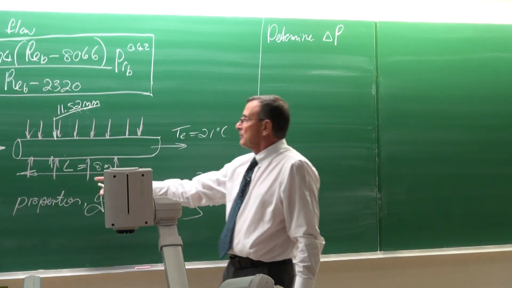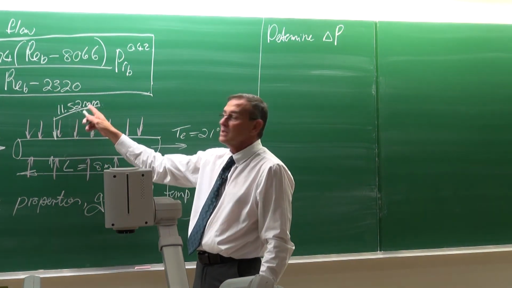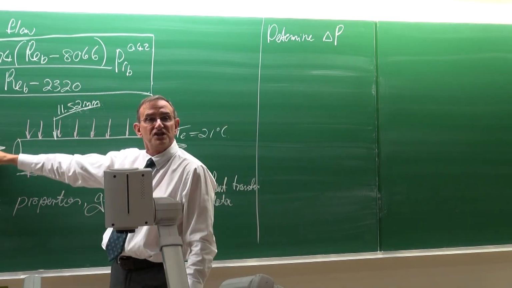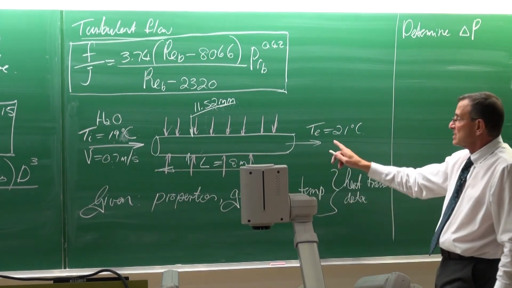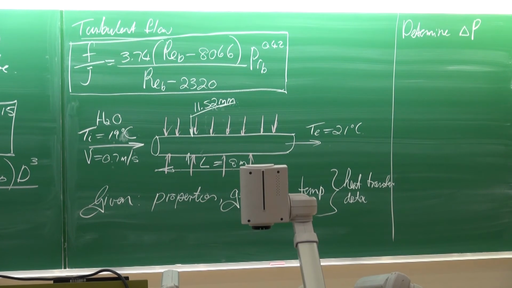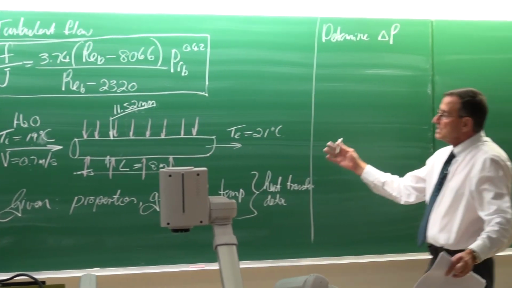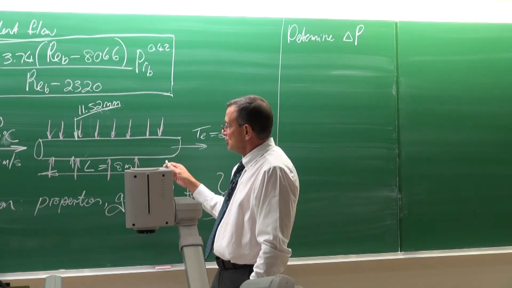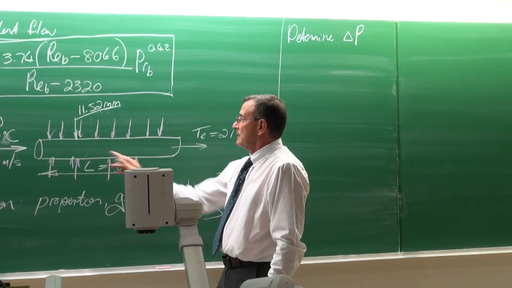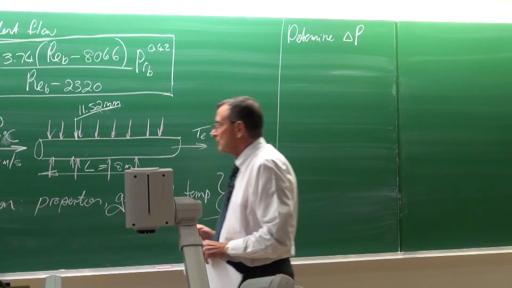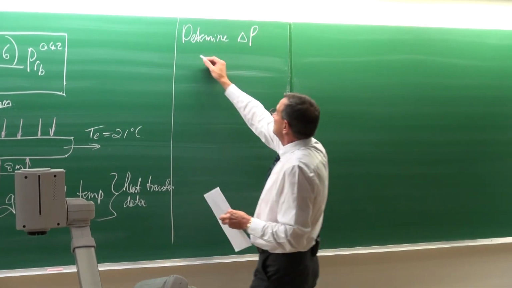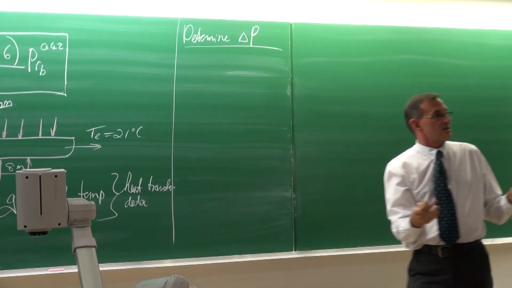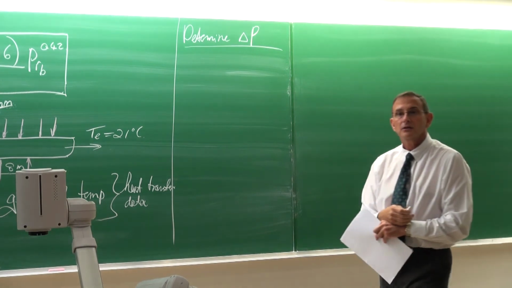The tube, length 8 meters, internal diameter 11.52. Water flows in it at 19 degrees Celsius, a velocity of 0.7 meters per second, average velocity, and the outlet temperature is 21 degrees Celsius. So all that has been given are the geometry details, the length and the diameter, the temperatures, the velocities and stuff like that, and the properties. And the question is, determine the pressure drop of this tube. Why would that be important? Because we need to know what the size must be of the pump that we must connect to this heat